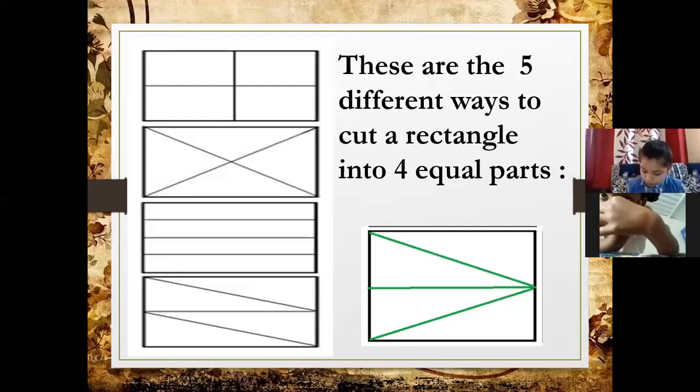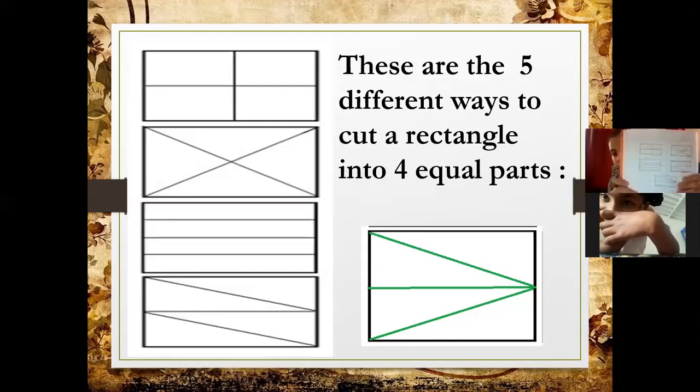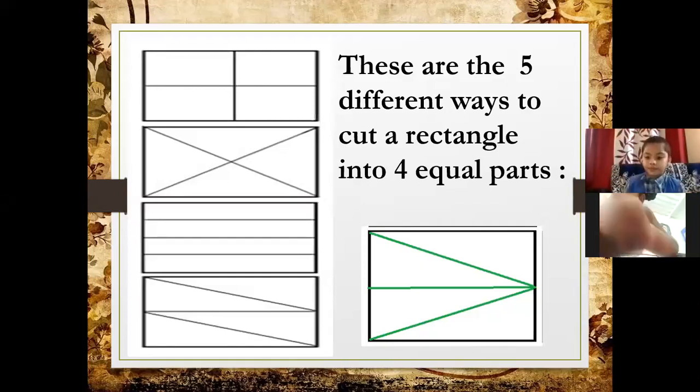See, 2 equal rectangles I made. Then if I draw a line here, then 1, 2, 3, 4. 4 equal parts we got. Similarly, draw a line here, 1, 2, 3, 4. 4 equal parts. Draw a line here, like this, 1, 2. This diagonal, 1, 2. Many different ways are there to make into 4 equal parts. Yeah, good Arna, good. So you can copy this. So I'm getting 4 equal parts.